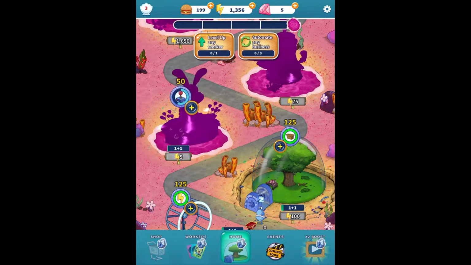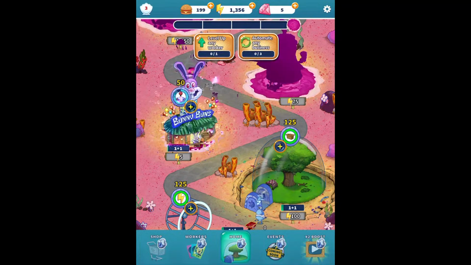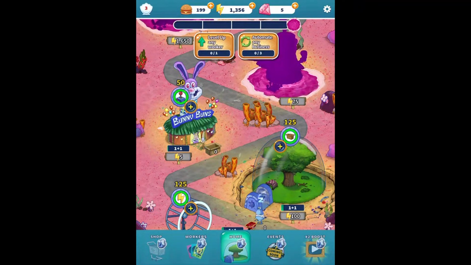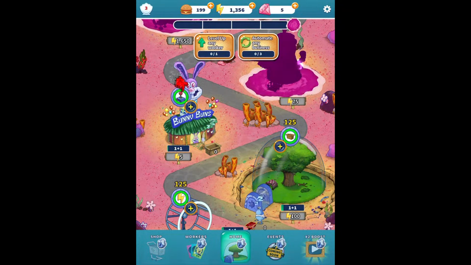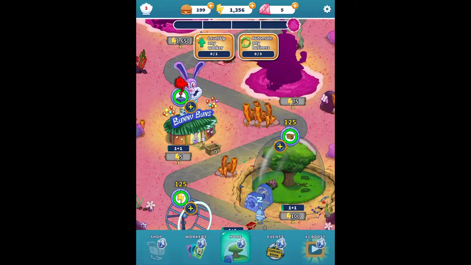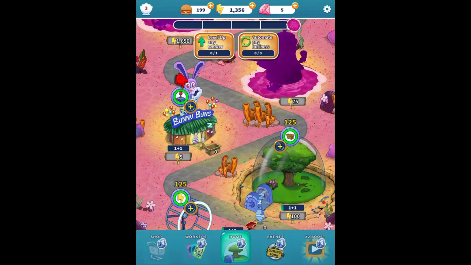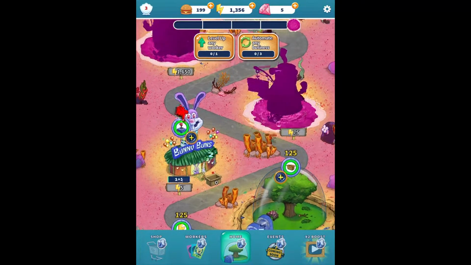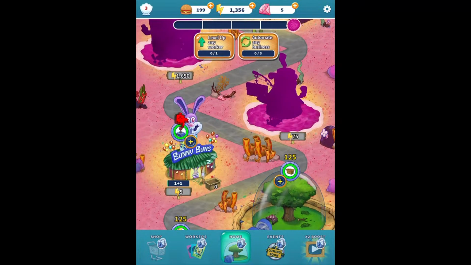So let's first unlock this. This is Bunny Buns. Yep, Bunny Buns. And we have 2 quests right out of the gate here. Level up any worker once, as well as automate any business thrice. People order our patties. Yep, it's a classic SpongeBob quote. You can't go wrong with that.